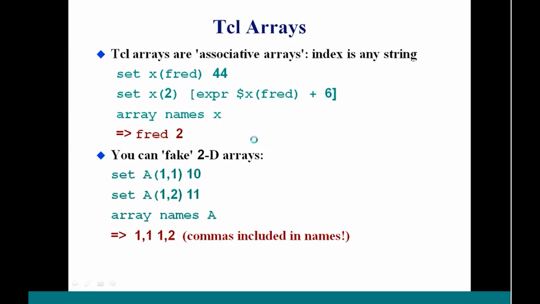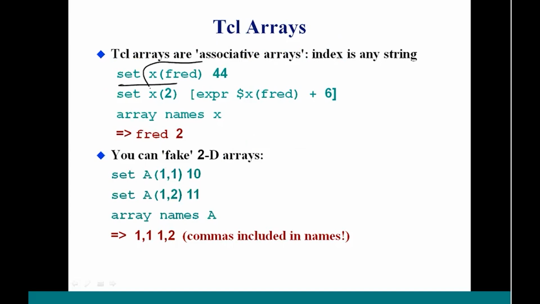So now let's talk about the Tcl arrays. In general, since we are using strings and words, the Tcl arrays are always associative arrays. The index can be anything that you want. It need not be just an integer number. It can be anything that you want. For example, here